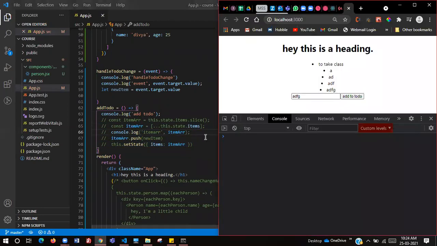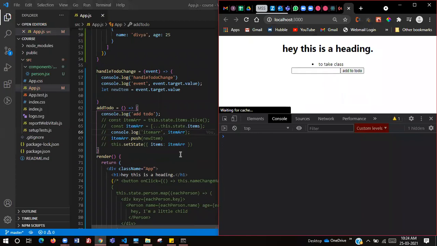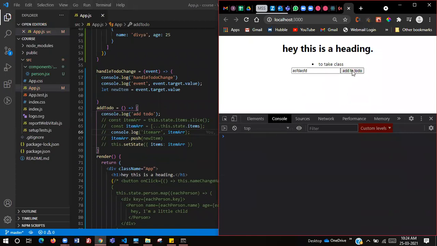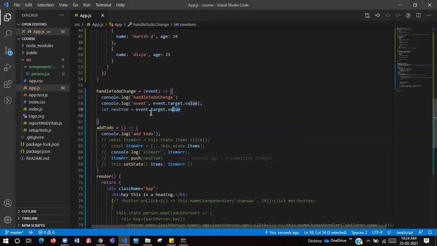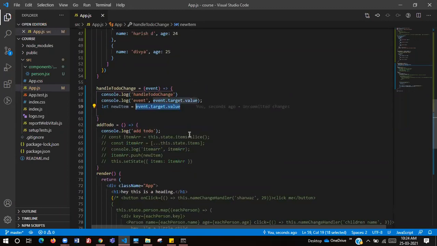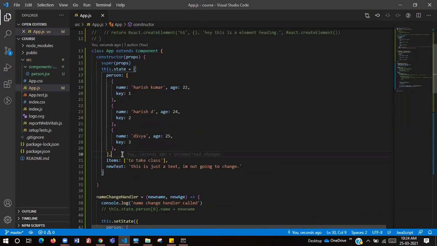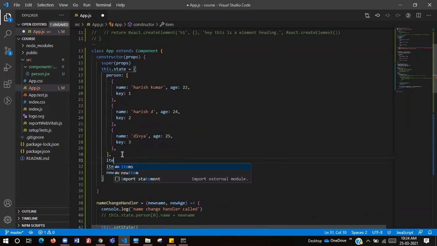Okay. Now here we are typing it. Before you click on add to do, should we be storing this in some variable and then add it, or as we type it should get added? So this event.target.value, we should be able to store it in some variable, right? So let's take that variable. Now in items, and now the item that is being typed. So what can we give that? Let's just take it as listItem, an empty string.